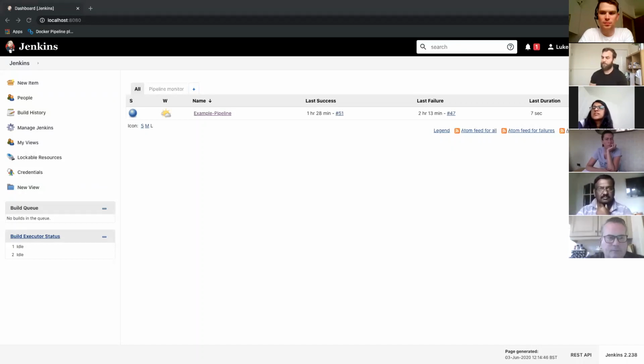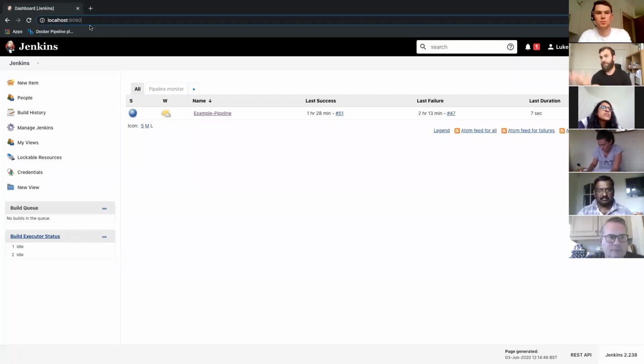If you've done any development before, you probably got Homebrew installed. You can basically do brew install Jenkins and then brew service start Jenkins, which means that it will add it to your startup services. So every time you log into your machine, it'll then go and prop this server up again for you. It's usually at localhost port 8080, but you can configure that to wherever you like.